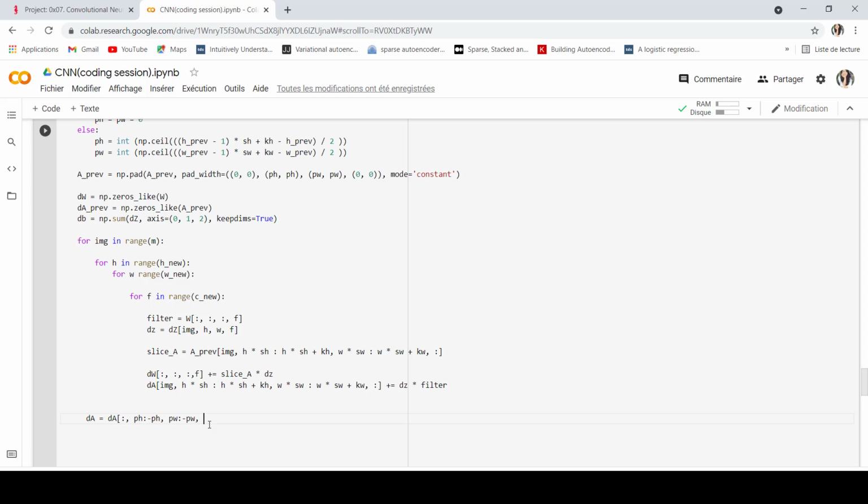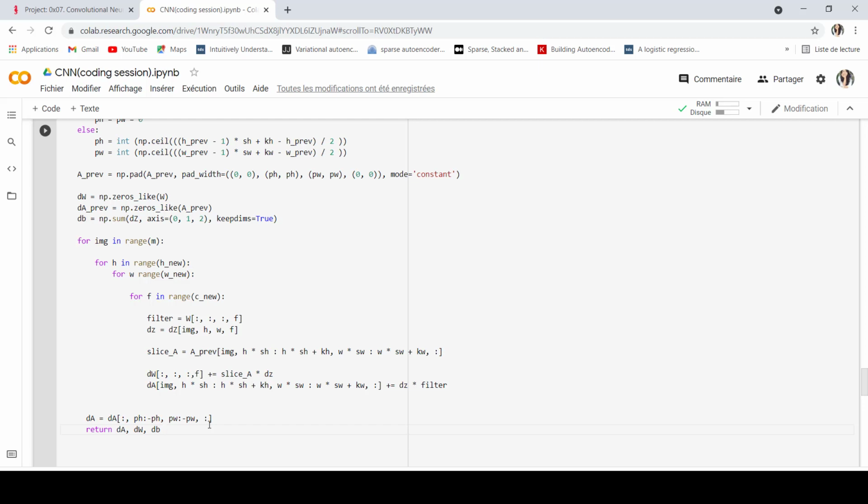And that's it, and then all the depth. So this is how I get rid of the padding. And I'm going to return my dA, dW, and db.